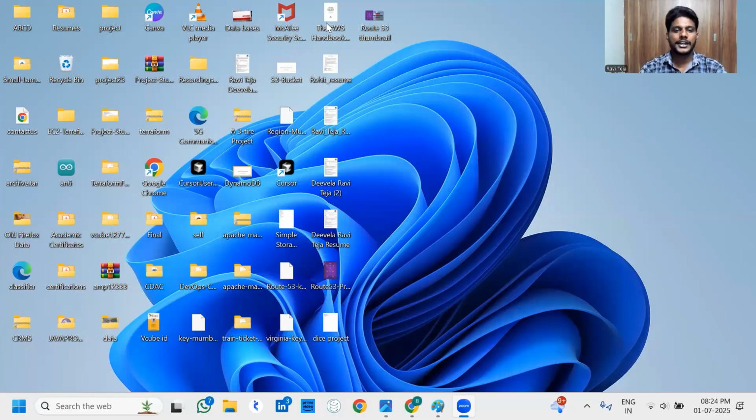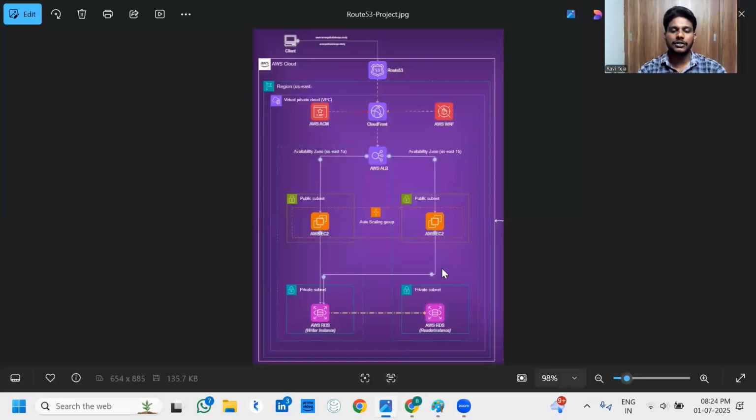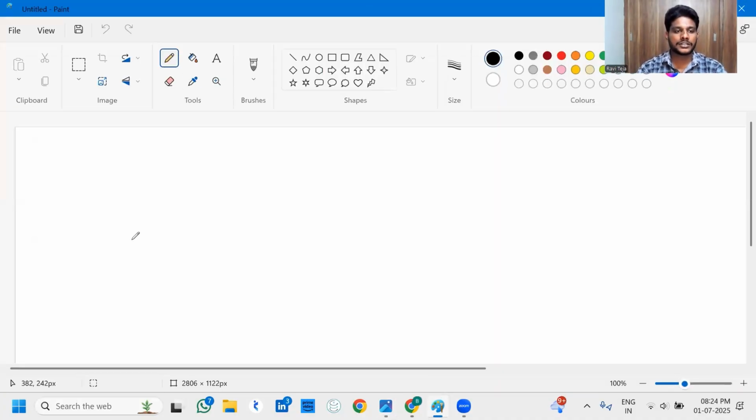Today we are going to deal with a project you already know, which is Route 53. Before going to implementation, we have to understand what the project is about, right? Okay, I would like to tell you something. Suppose I am considering a domain, whatever the domain I am considering,